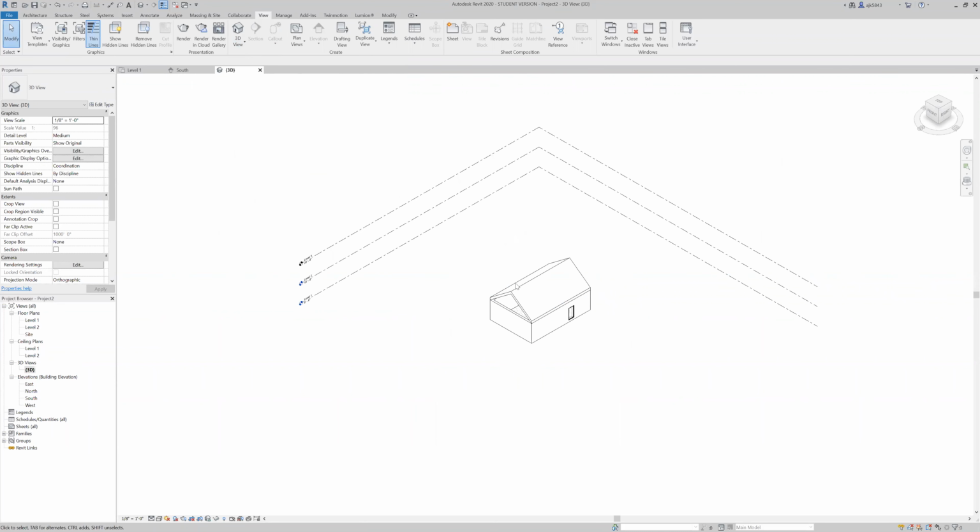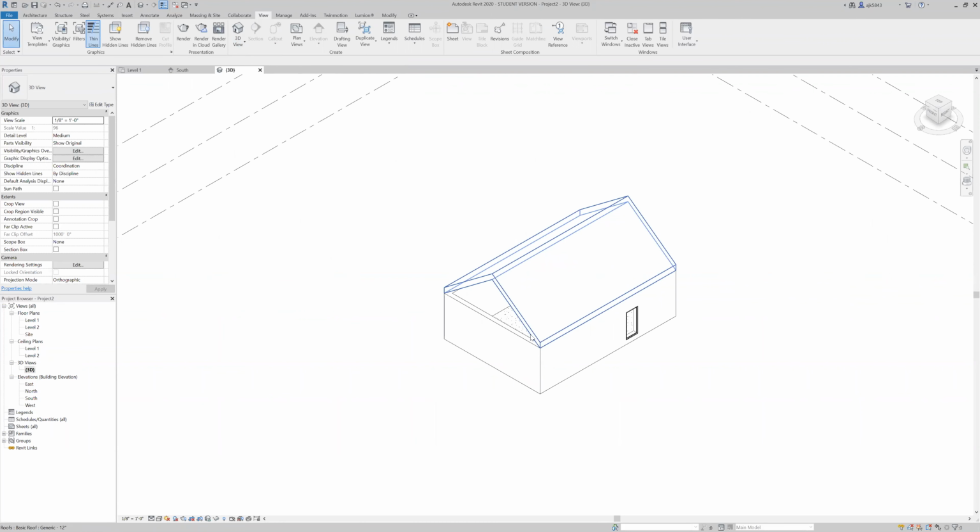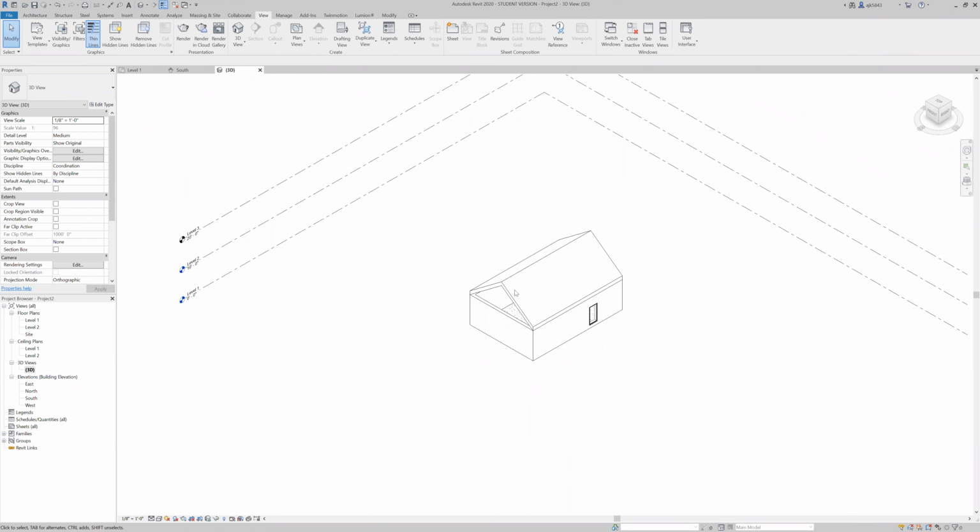Once we are in 3D space, you'll notice that you can see all of the elements that we just made in plan now reflect a 3-dimensional shape. In order to move around in your 3D view, you have a couple different options. So there's ways to do it with your mouse as well as on-screen tools. So this main one right here